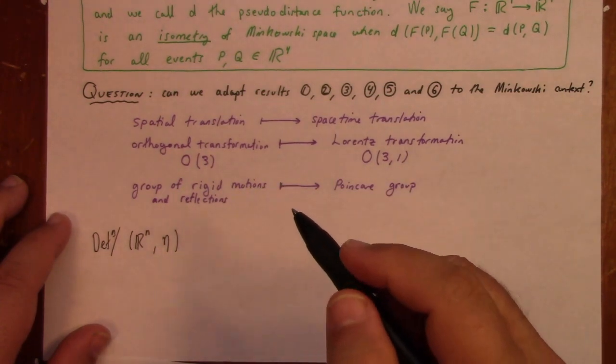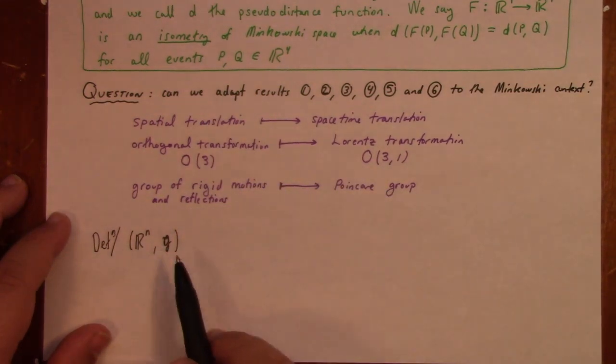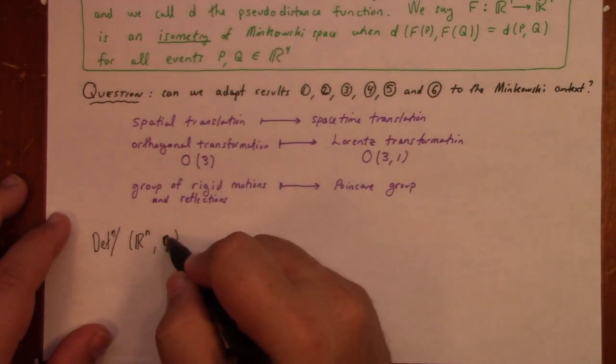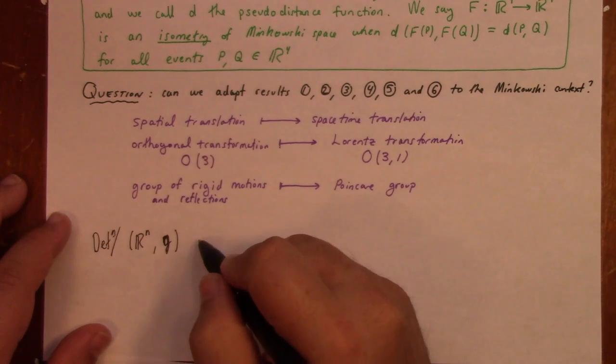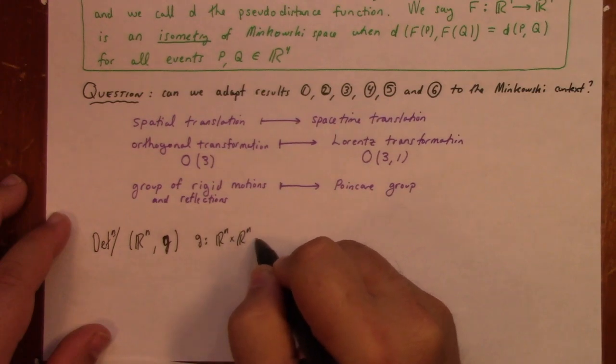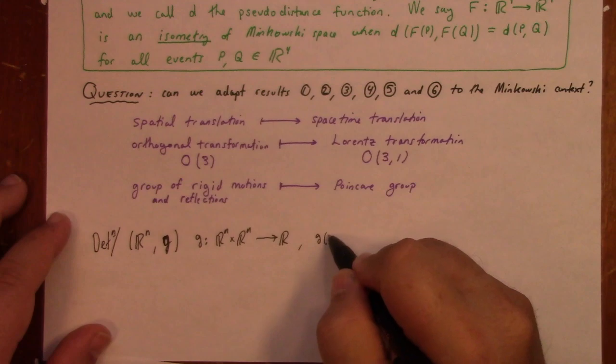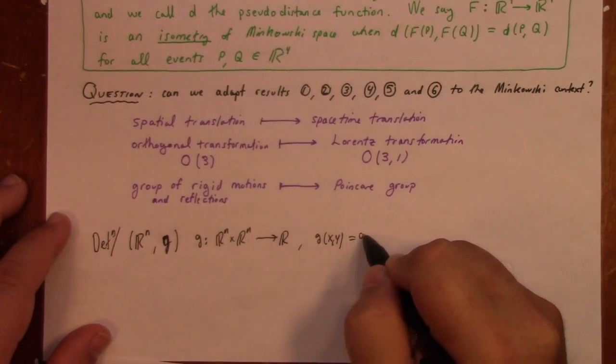And here I mean, well, let's say G, where G is a metric in the slightly more generalized sense. G is going from R^n across R^n to R again, and we've got G of x, y equals G of y, x